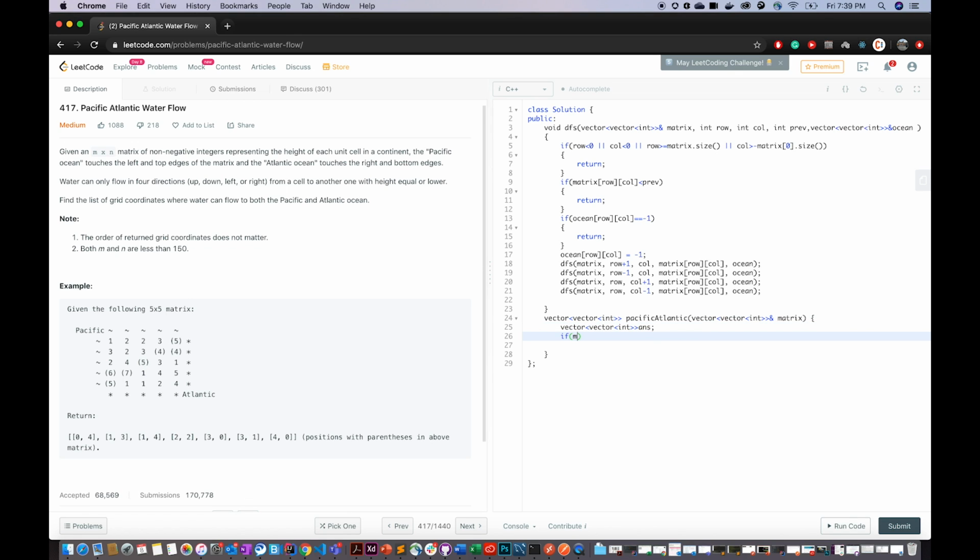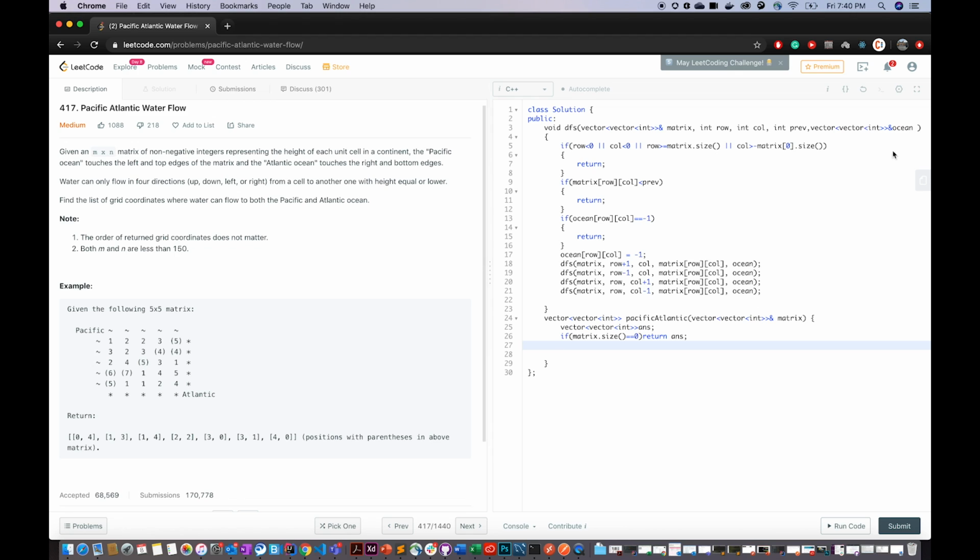The first base case is if matrix dot size equal to 0, I'll simply return this answer because it's an empty matrix and we can't do anything.